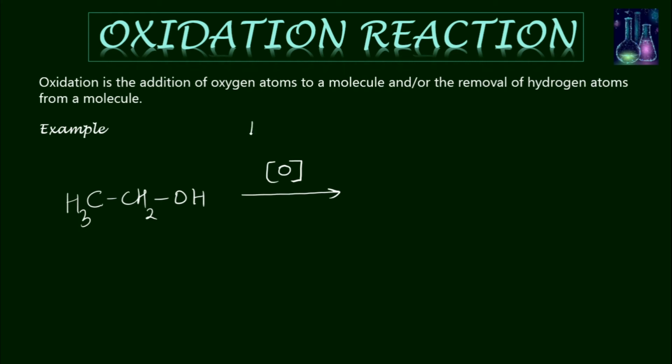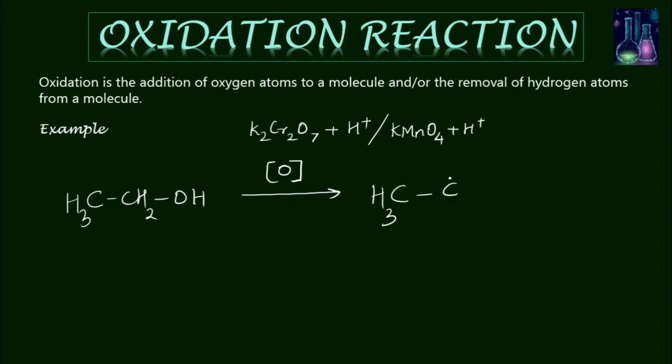For example, K2Cr2O7, potassium dichromate, potassium chromate(VI) in acidic medium, or you can have potassium permanganate, KMnO4, in acidic medium. So these are the reagents which produce nascent oxygen and they are added to the molecule and you will get